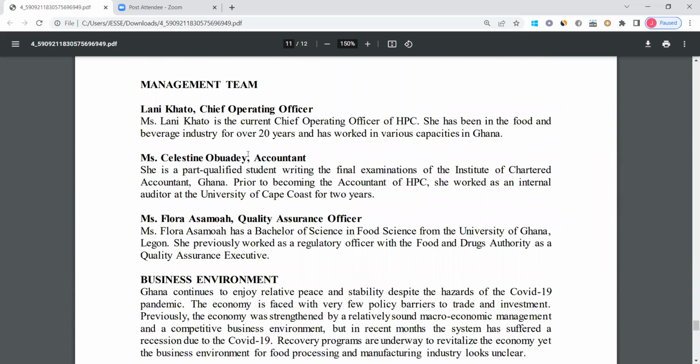Ghana continues to enjoy relative peace and stability. So we are looking at the PESTLE framework here: political factors, economic, socio-cultural, technological, ecological, and legal. We are looking at the business environment here, right? Ghana is peaceful. Everything seems fine. But one of the key things that has affected businesses is COVID-19,